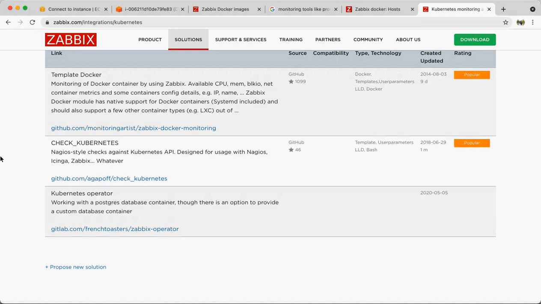So here you will have two types of agent. One agent should run on a node so that it can collect the node level stats, and one inside the pod, which will collect the pod or container level stats, so that you can get a consolidated view. There you should be able to see all the metrics like CPU, RAM, and other things, as well as the health of a particular node or pod.